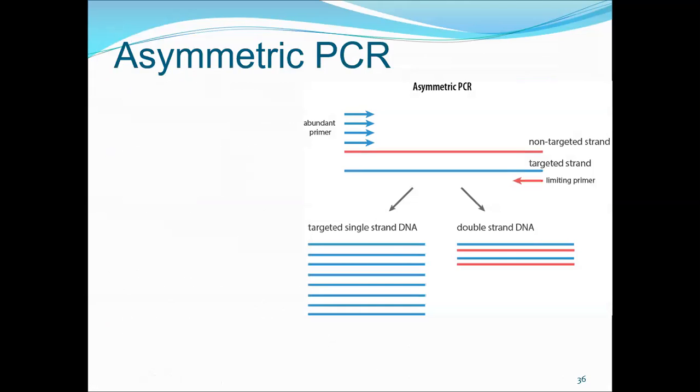Then comes the asymmetric PCR. Asymmetric PCR is something where you use an unequal proportion of the two primers. One of the primers is